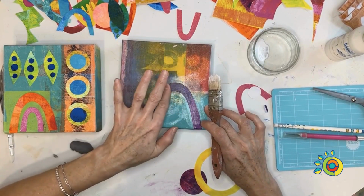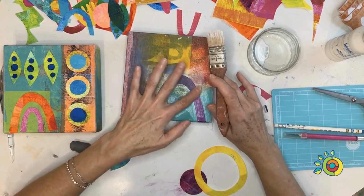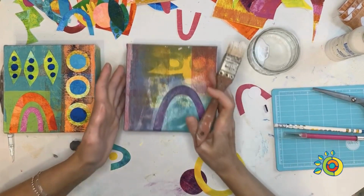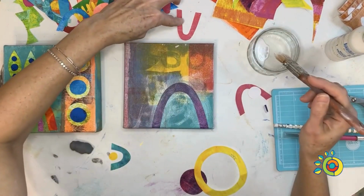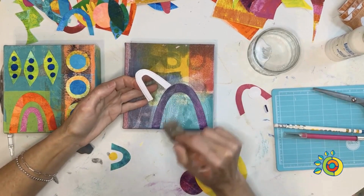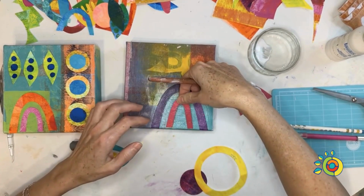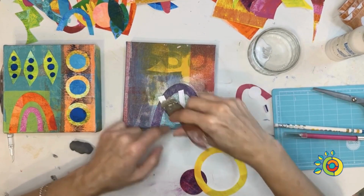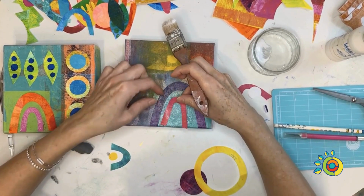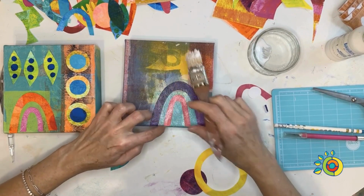So what I do, I am just, I'm touchy-feely with my art, and so I want to feel it. So I just run my fingers. Now, I've got a little matte medium on my fingers, so I'm actually just gonna use that. I'm laying down matte medium, and I'll put a little on the back. Sometimes I put it on the back of the paper, sometimes I don't. This is actually a thicker piece of paper, so it is going to